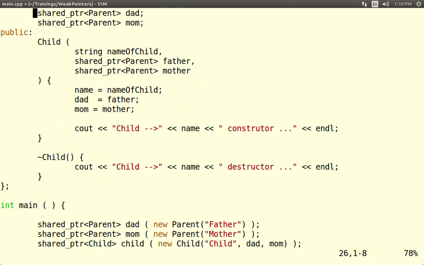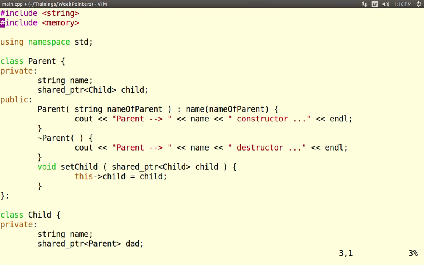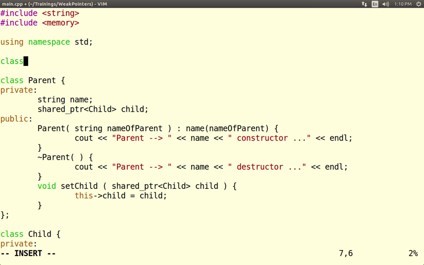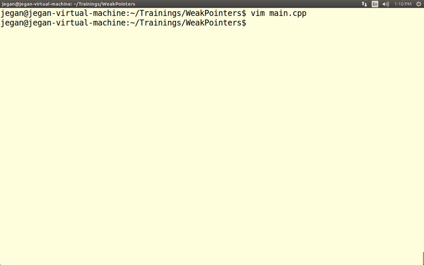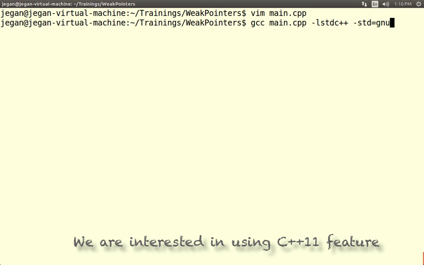Okay, let's look at the code again. Over here we have a child reference, and the child class is defined at the bottom, so it's a forward reference, so we need to have a forward declaration, class child. Okay, we are done. Now let's compile and see if there are any compilation errors, and let's indicate we are interested in using the C++ features, GNU++11. Okay, we have compiled,